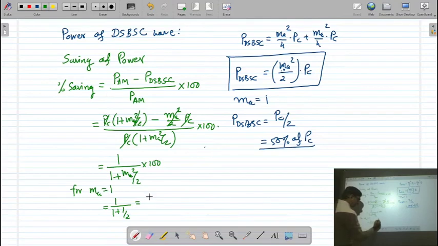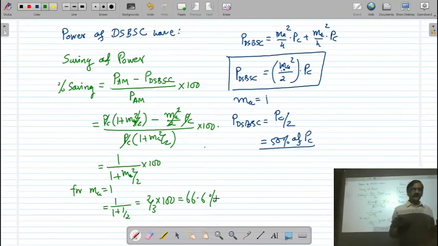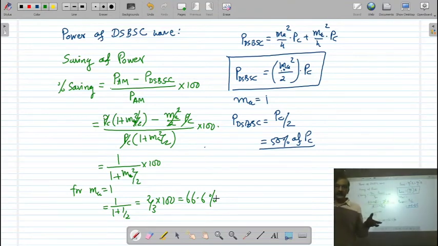That is equal to 2 by 3 into 100. So 66.6% is the saving in the power. 2/3 means there is no carrier. So actually, what was the power with the carrier? 2/3 power was there. And now we are not transmitting the carrier, so naturally the power saving will be 66.6%. So here, what we have to remember for a DSBSC technique, that the important points are